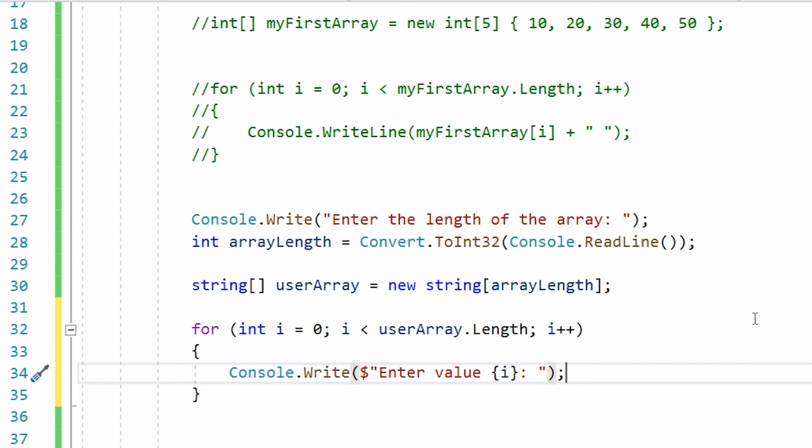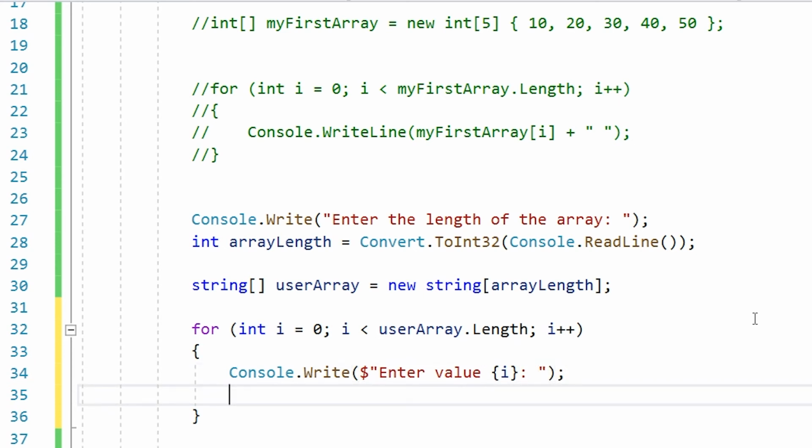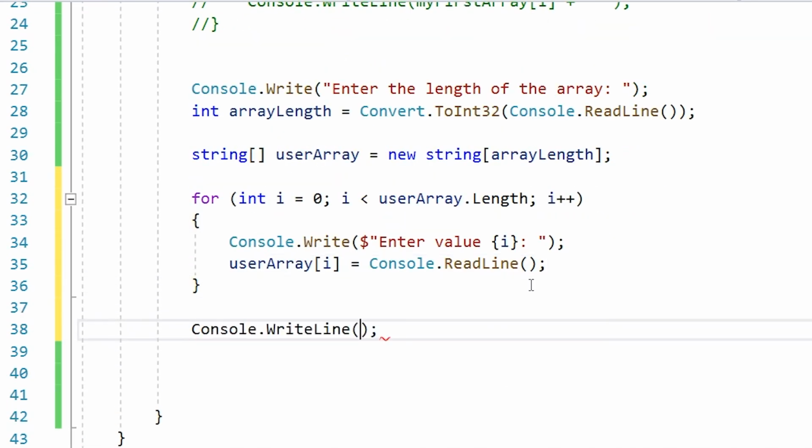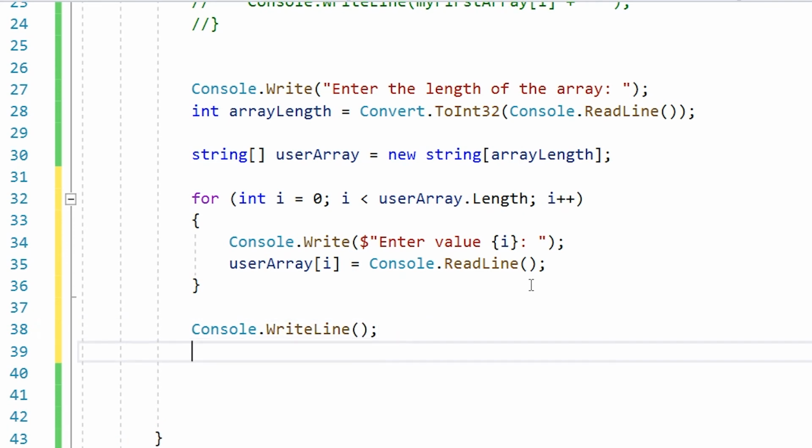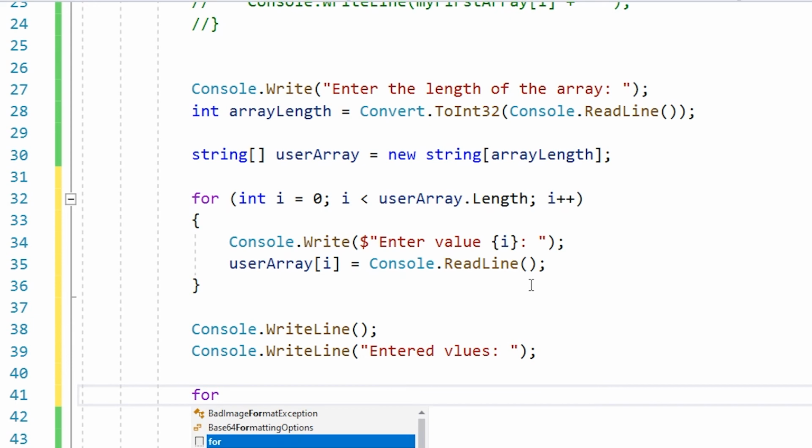And then underneath it, we populate our array. So we'll say user array, we index into it using our variable I, equals the data from the user. So console.readline. And we only need a read line because we're getting strings from the user. Let's do some white space, and then we're going to tell the user they entered the values, and here underneath it, we're going to make another for loop and just loop through it one more time and display everything back